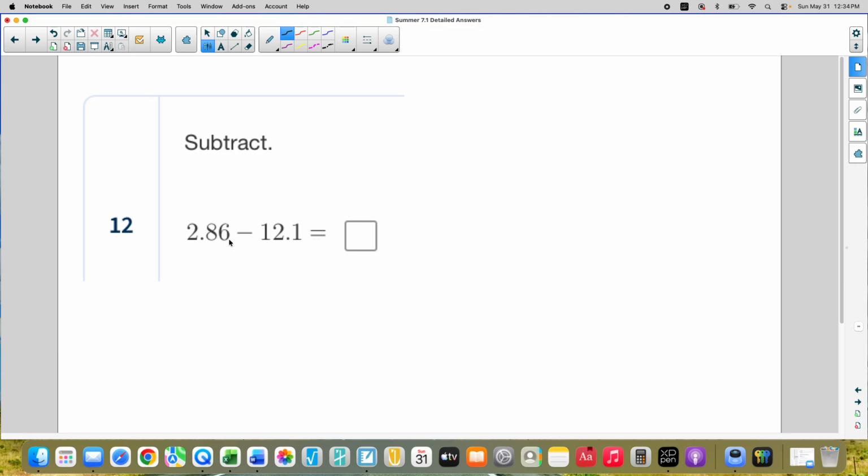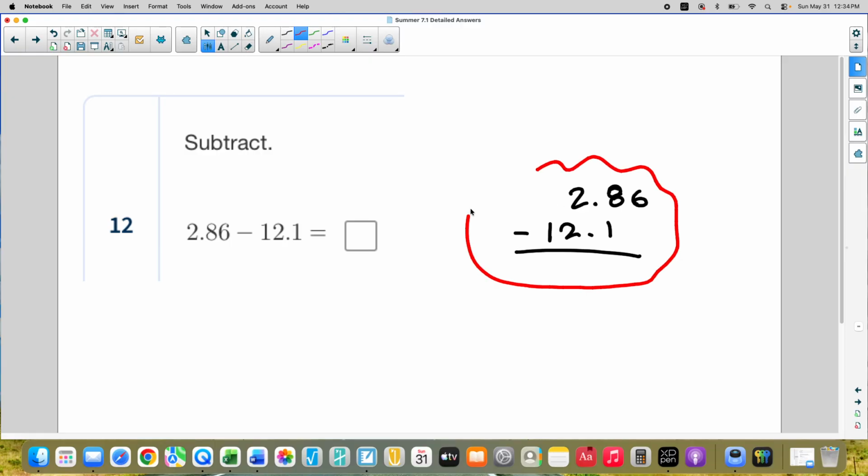2.86, 12.1. Okay, so 2.86 and 12. A lot of people would do this and then subtract. That would be wrong. You never take a bigger number from a smaller number. This is wrong. A lot of students will do this. No, we have to take the bigger number, 12.1, and we're going to take